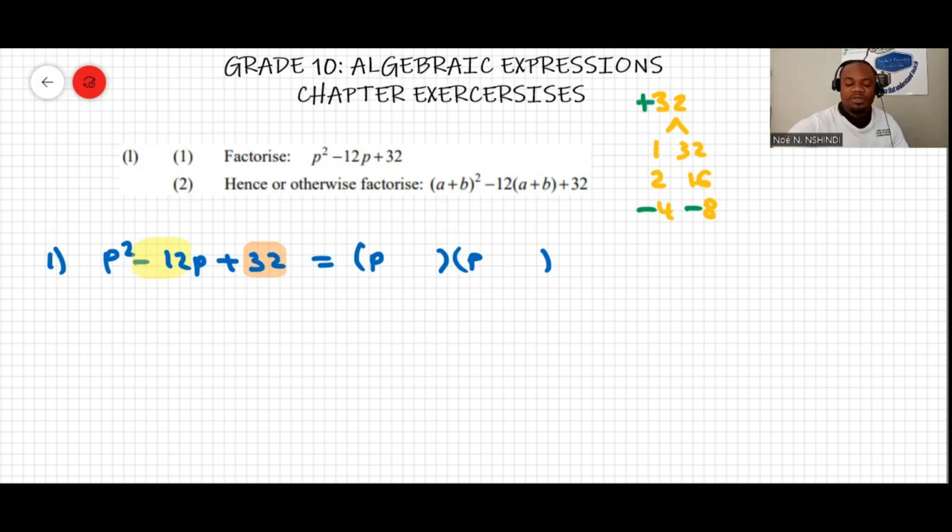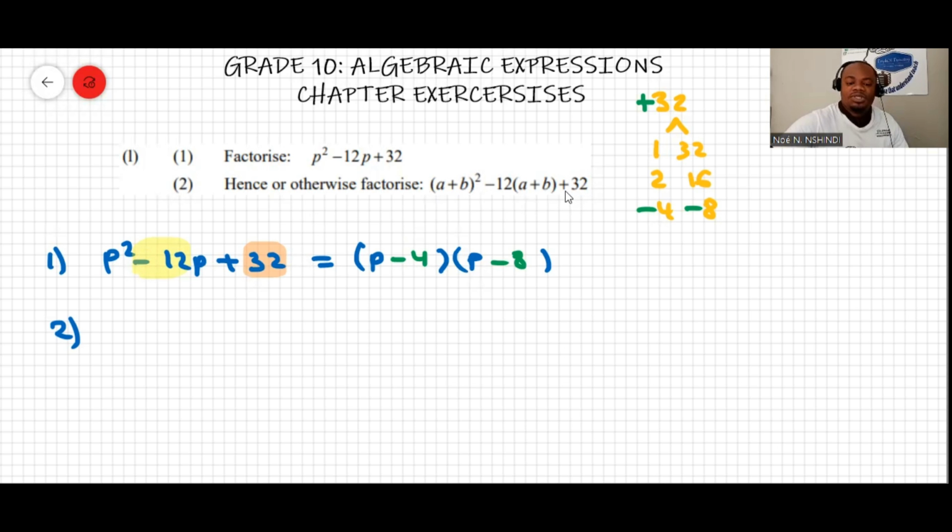Okay, you see here the product makes positive 32, and the sum makes negative 12. Now we can place within the bracket here negative 4 and negative 8. Now we did factorize. And then question 2 says, hence or otherwise, factorize (a plus b) squared minus 12(a plus b) plus